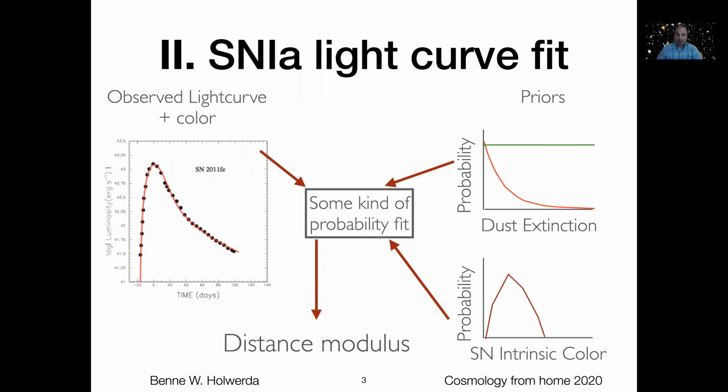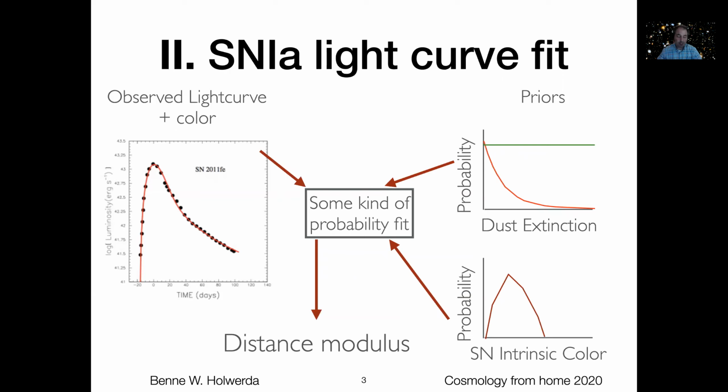How do you fit a light curve of a supernova? So on the left here, you see the observed light curve, and typically you get a color these days and perhaps a spectrum as well. And so as a function of time, the light curve, the supernova brightens and then dims over time. Then you need to do some kind of probability fit where you have two kinds of priors. You need a probability for the amount of dust extinction. That can either be the green line, which is that every